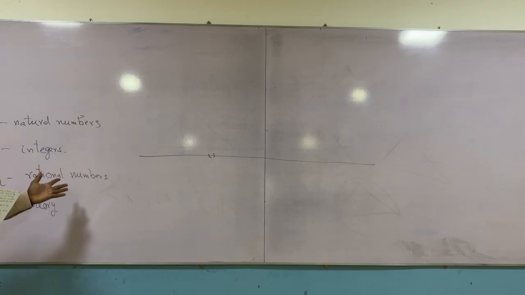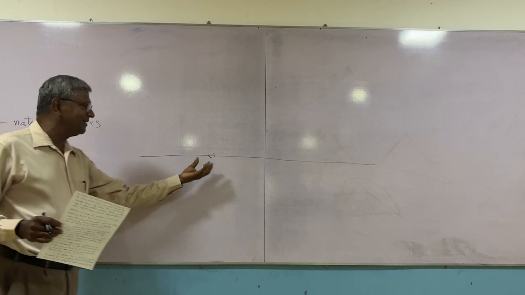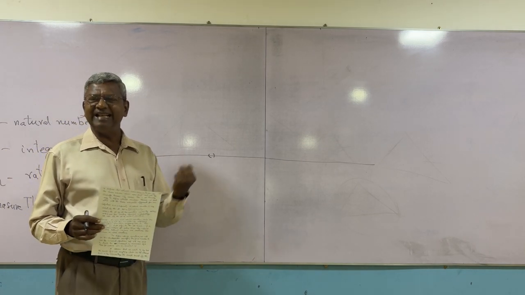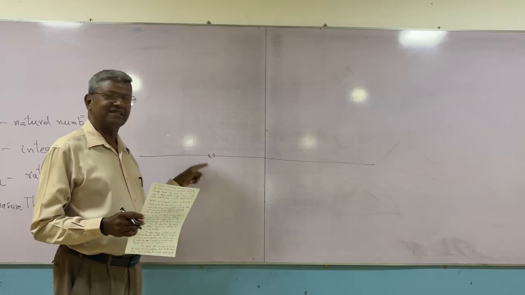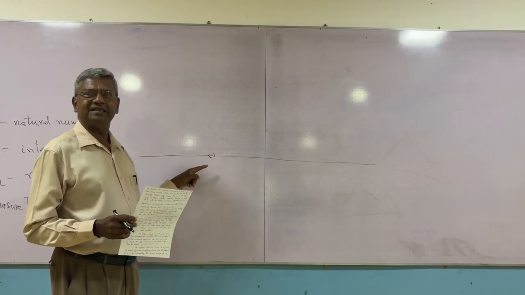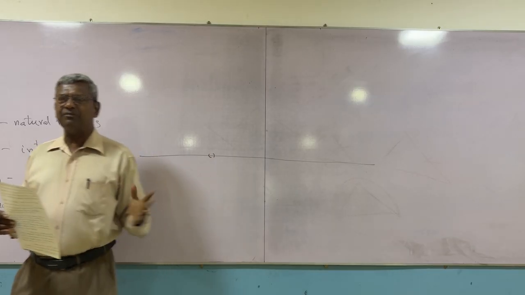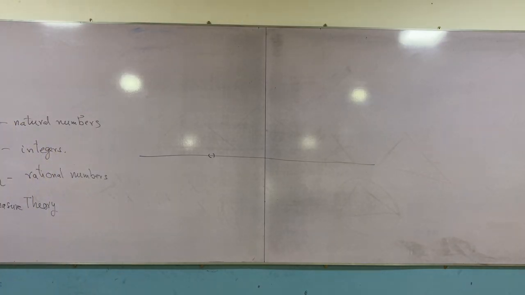You got my point? To place all the rational numbers, actually you don't need any length, we will be doing it. Even now I can do it, but I won't do it because it is not the time to do it. To put all the rational numbers, you need a very small length. Actually we prove that you don't need any length. It will be proved. If you find my book, I have proved it there. It's not difficult at all.